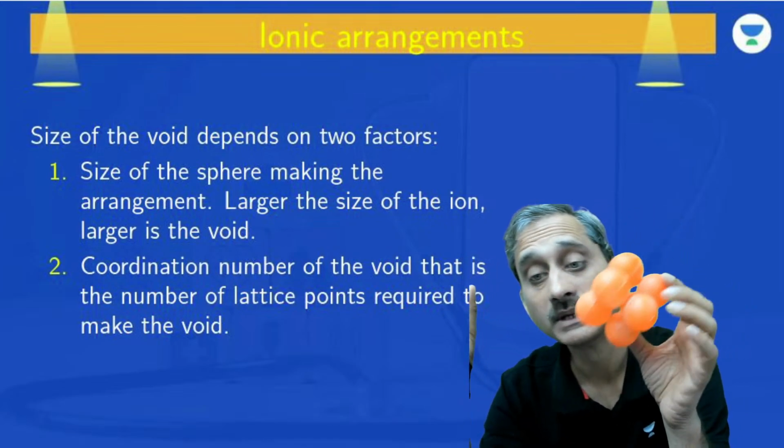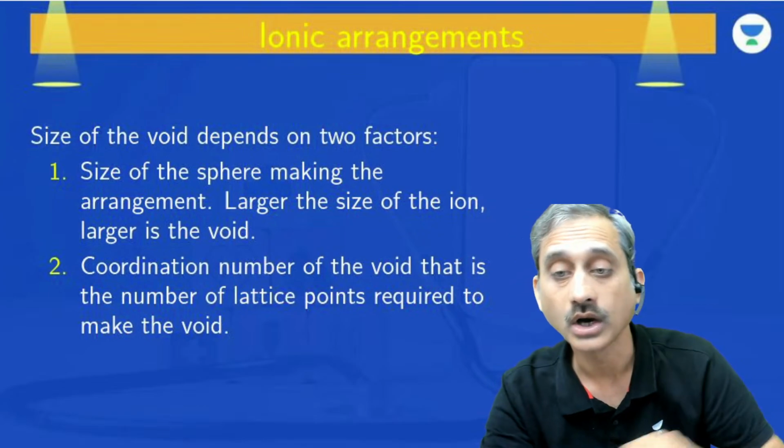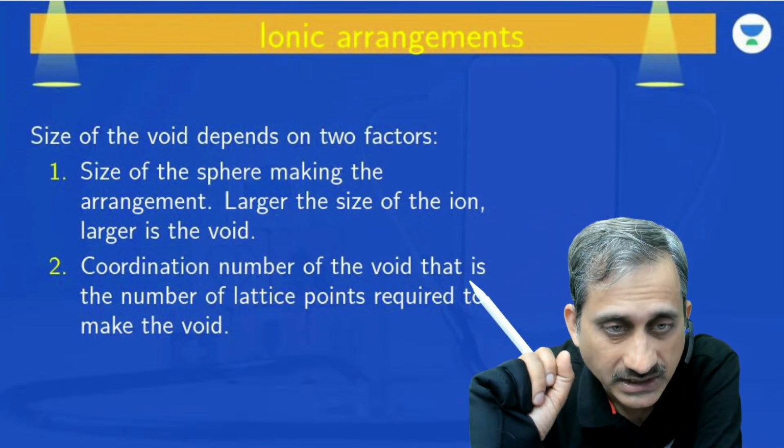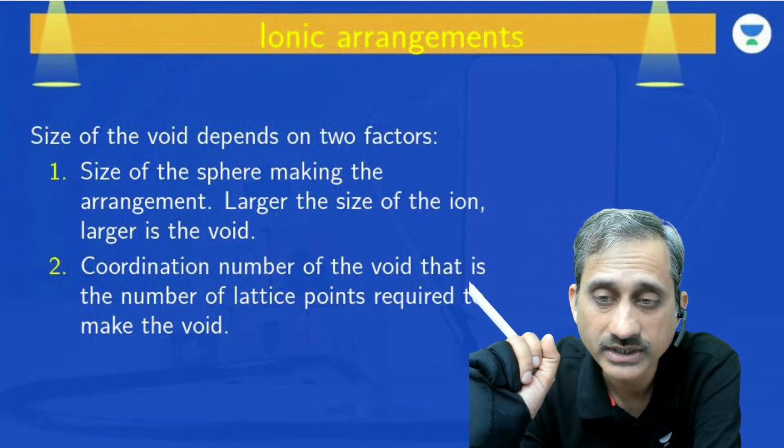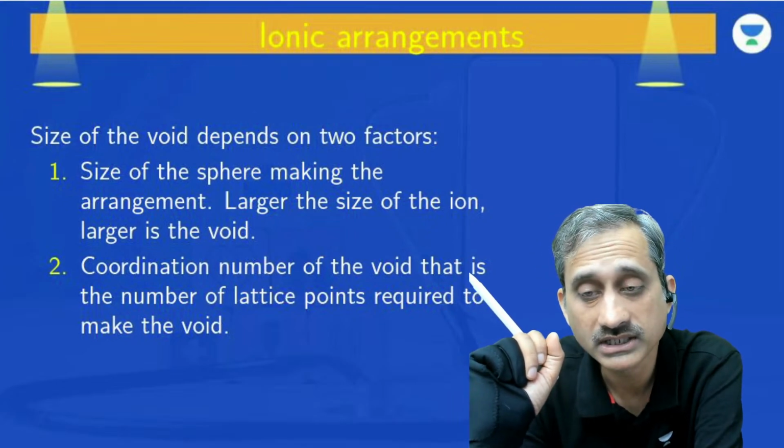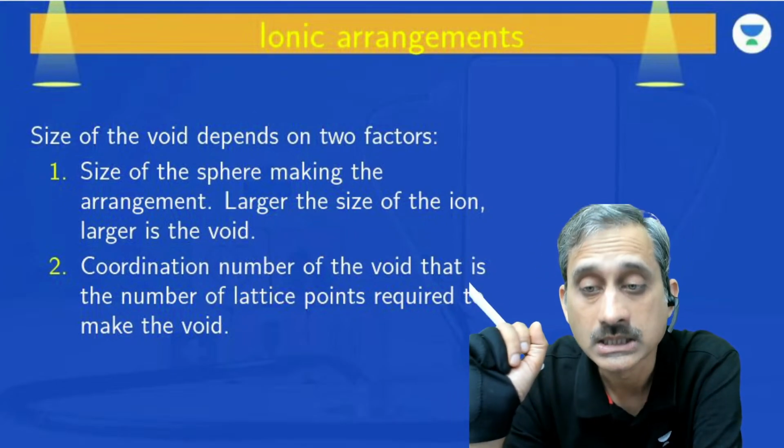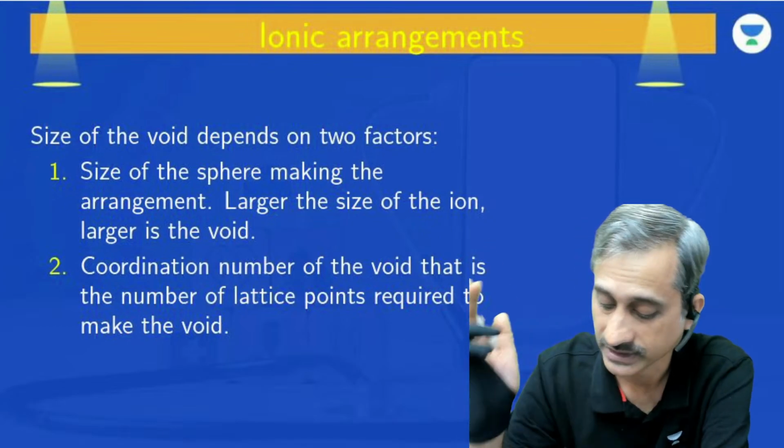This is called the cubic void. So you can see how large the void turns out to be. So more are the lattice points required to create the void, that is, more is the coordination number of the void, the larger is the size of the void. And further,